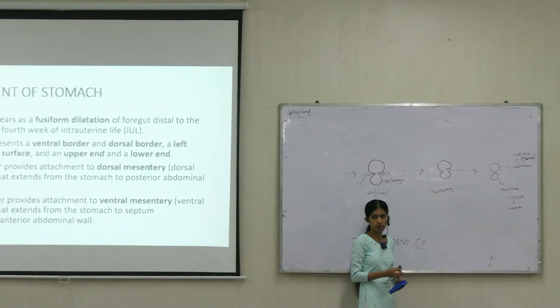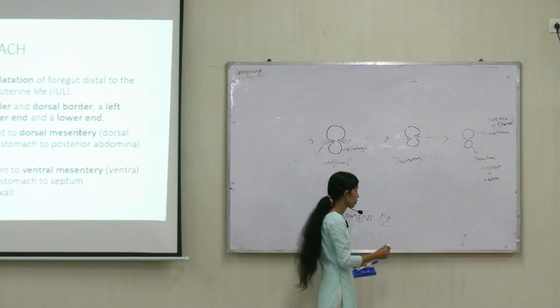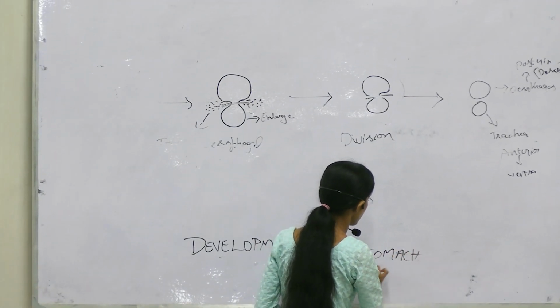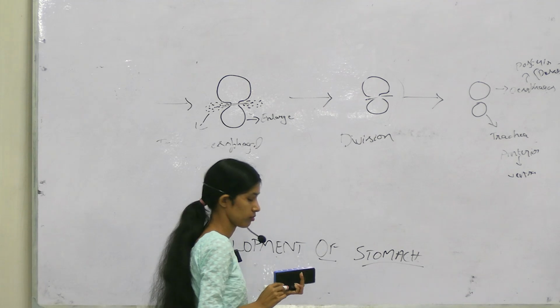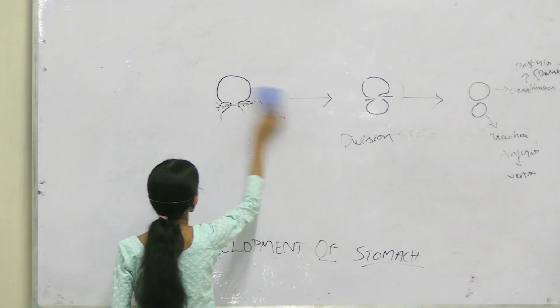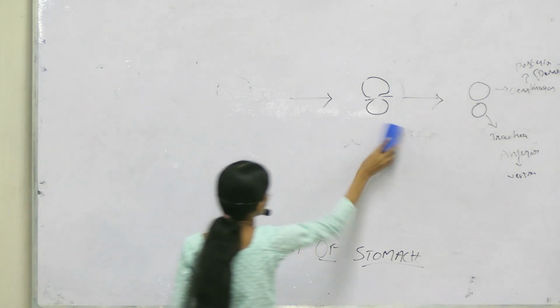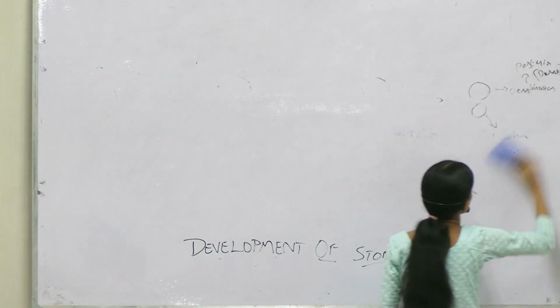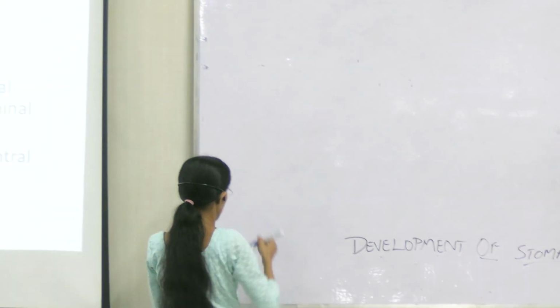What is the name of mesogastrium? How do we divide it? Ventral and dorsal. Okay. So the derivatives of the dorsal mesogastrium are